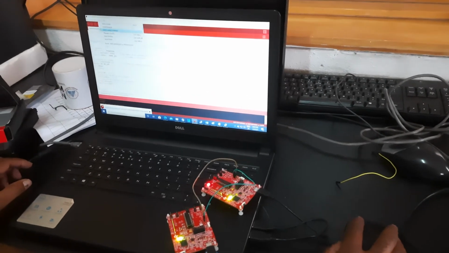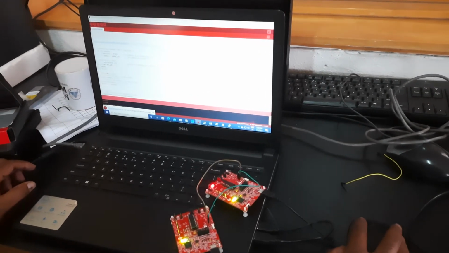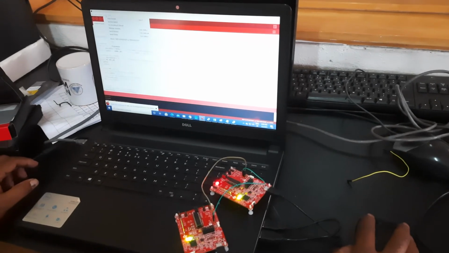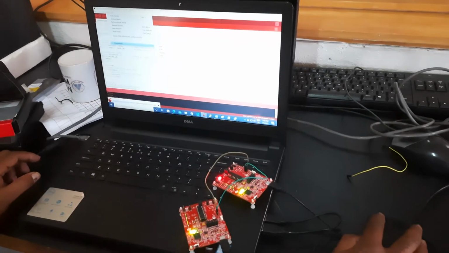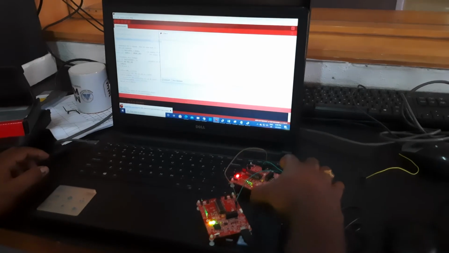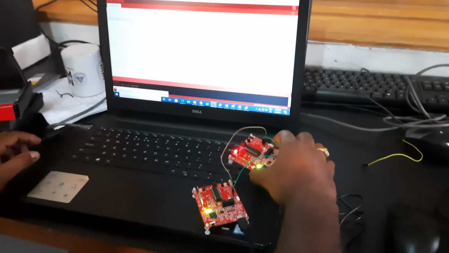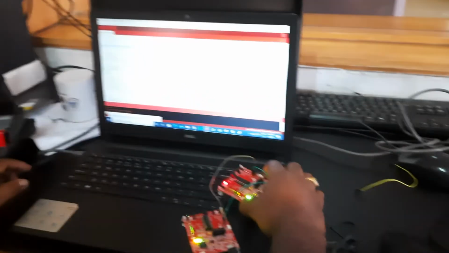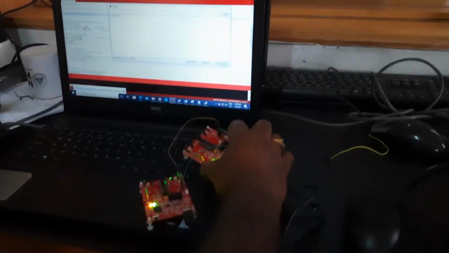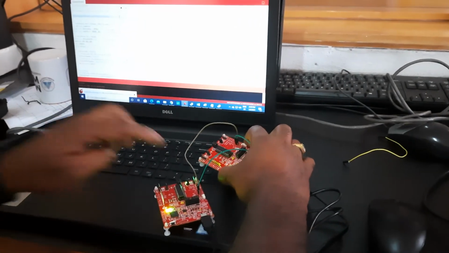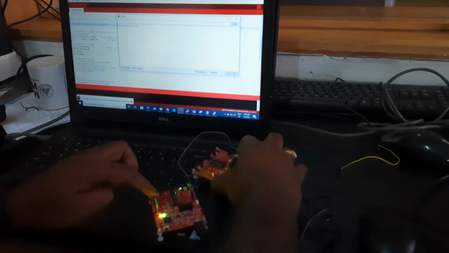It is taking time. So yeah, okay. Whenever I press this button, it generates 1 and sends it to this other microcontroller.